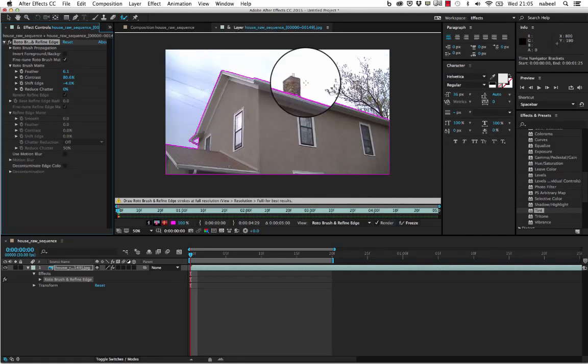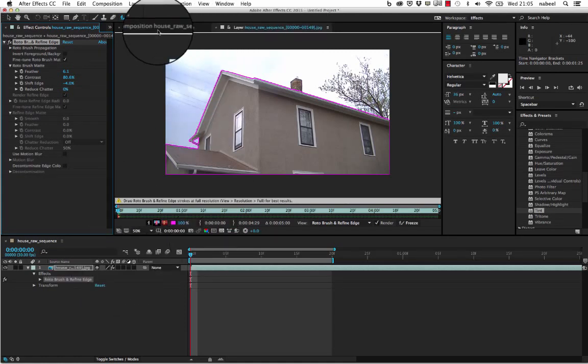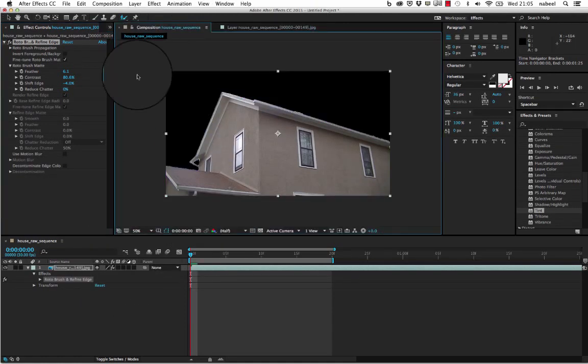Let's get on with creating and extracting your sky. Okay, to start with, if I just go on my composition, and here you can see very clearly that I've managed to extract the sky itself. So if I play this back,